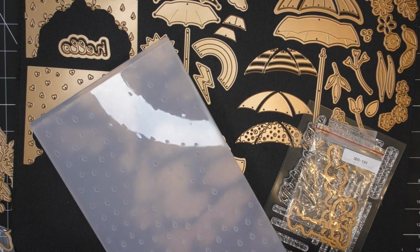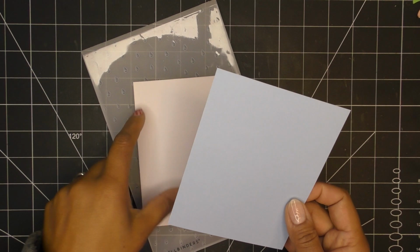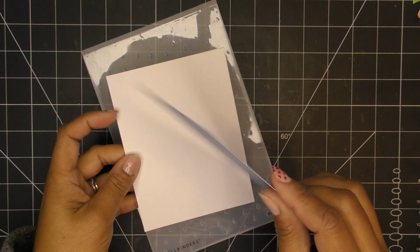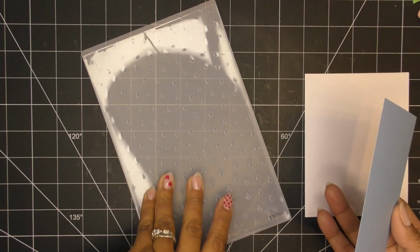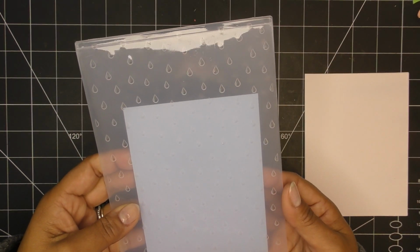So what I'm going to do is grab some papers and things, and we will get started. Today I think we'll just make a simple card with one of the new die sets. I have a piece of nice cardstock to layer on the back here, and it's 4 1/8 by 5 3/8. Of course, if you like quarters, 4 by 5 1/4, or just cover up the whole A2 front, 4 1/4